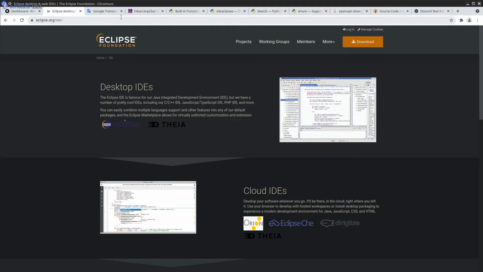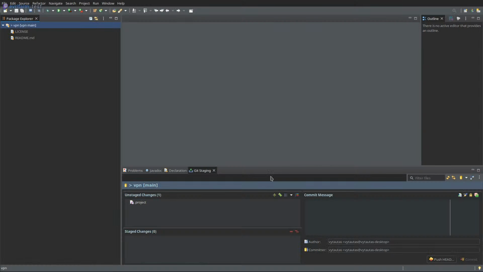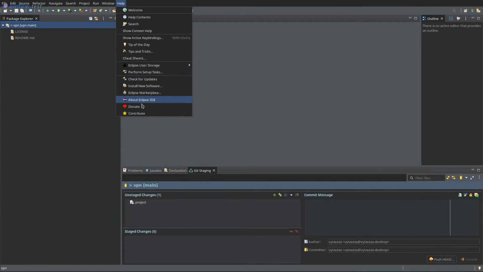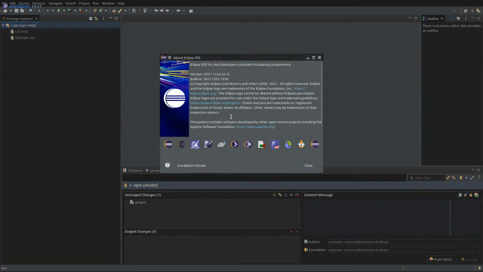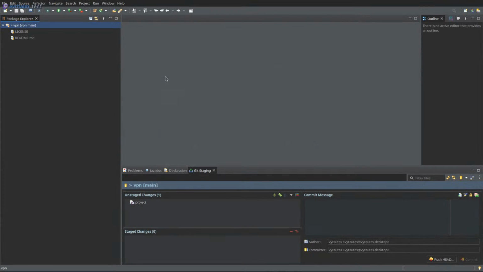And what I had to do, I actually got a new Eclipse environment working. It's one of the latest releases, from December 2021. So it's not that old as my previous one, which is from, I believe, March 2020.